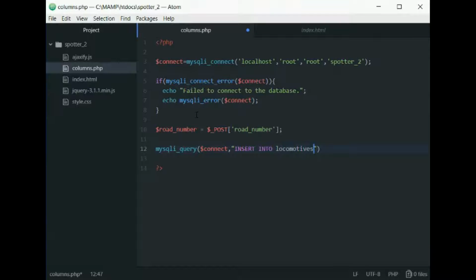And then, parentheses, road number. Strangely enough, this doesn't have to be in quotes. So that's our column mentioned here. And you will ask inevitably, well, how does it know to put the data from the form into that column? Well, the next bit of code,